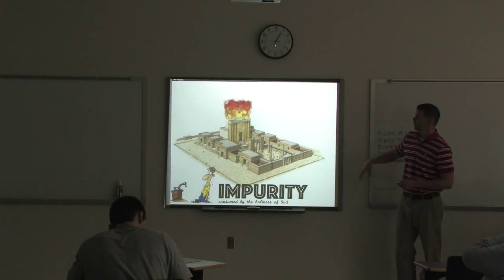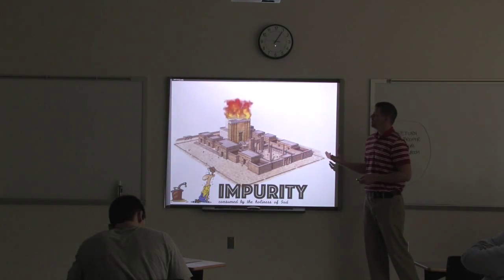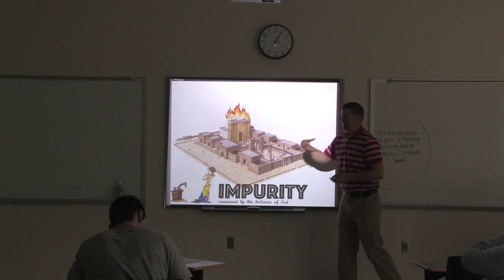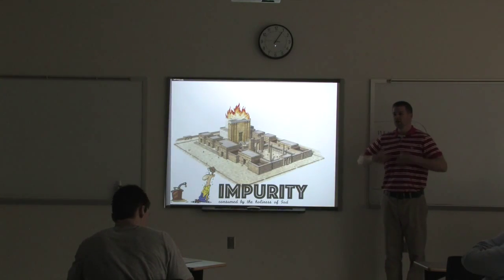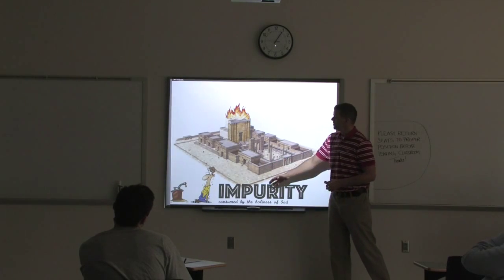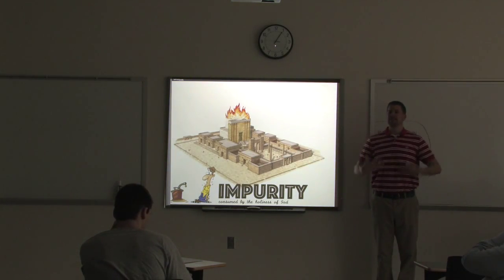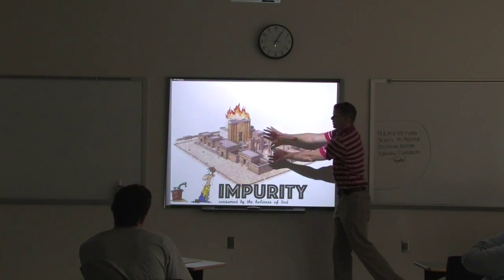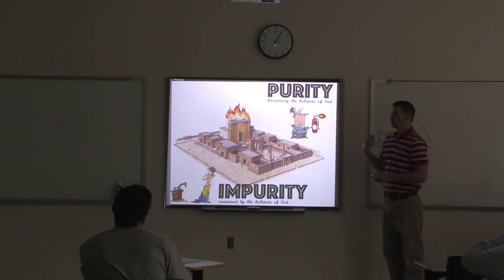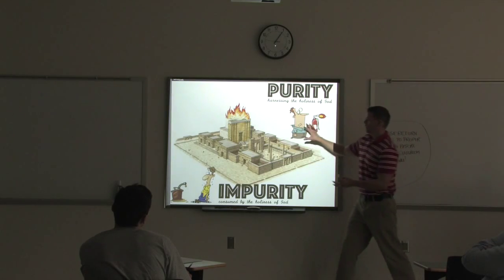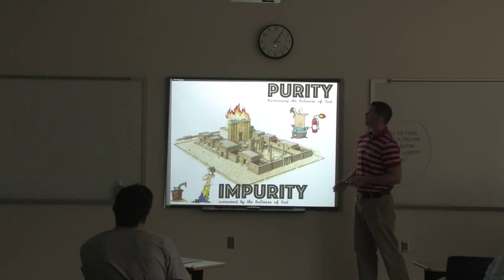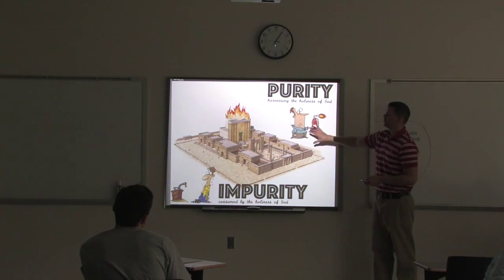Now, in terms of how this worked, they thought of impurity this way. God resided in the temple, and he was kind of like a consuming fire. His holiness was like a consuming fire. If you were impure, ritually or morally, it's kind of like you were doused with gasoline. You could not come near God because of your condition. But if you were maintaining purity, you were able to harness this power of God. His holiness helped you harness it, kind of like with a flamethrower, if you will.